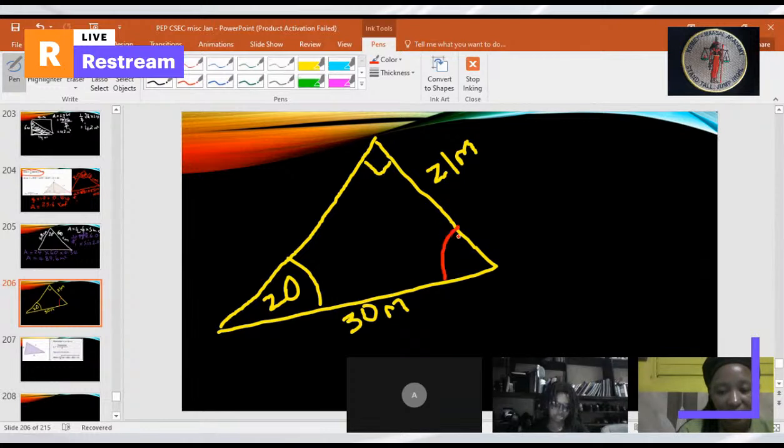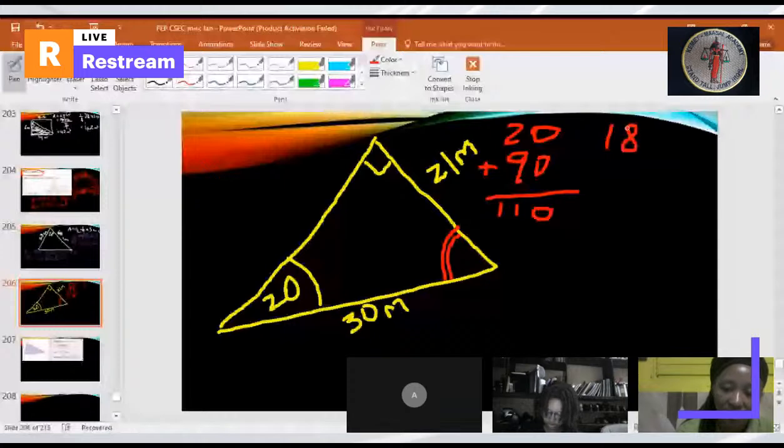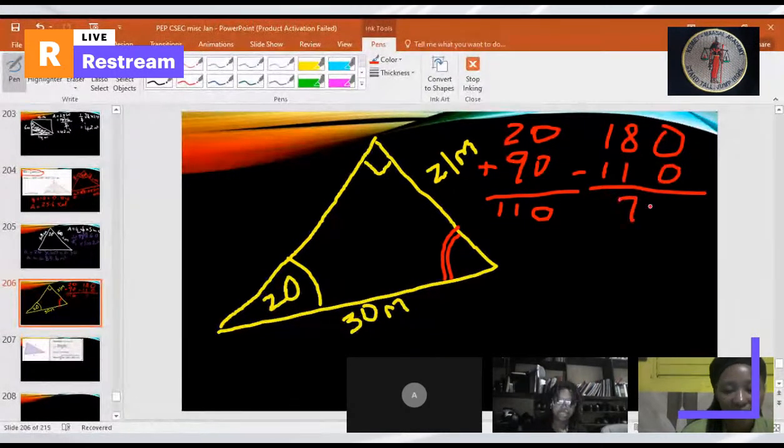How would we find it? Miss, we would say 20 degrees plus 90 degrees plus, let's name the angle x, equals 180 degrees. The 20 plus 90 would give what? 110. And then take that from the full 180. Miss, the angle would be 70 degrees. Okay. So now that we can find this angle,